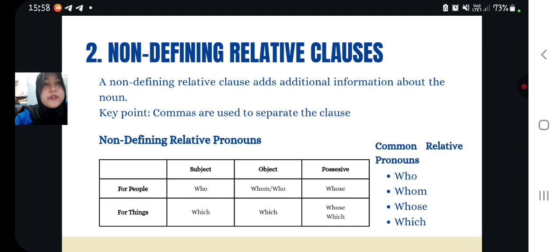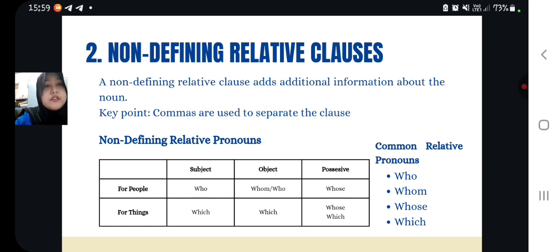And next is non-defining relative clause. A non-defining relative clause adds additional information about the noun. A non-defining or non-essential clause gives us more information about the person or thing we are talking about. If a non-defining clause is removed from a sentence, we lose some details, but the overall meaning of the sentence remains the same. Non-defining relative clauses are always set off from the rest of the sentence with commas. And the key point: we add commas to a non-defining relative clause